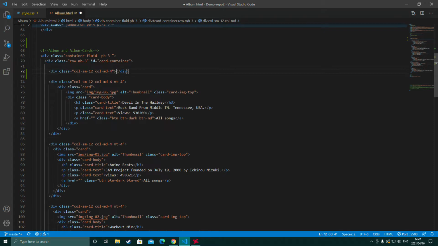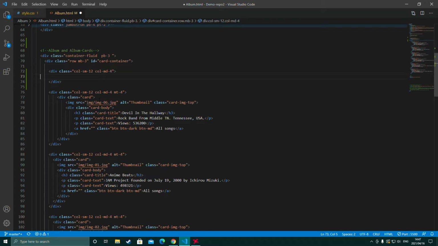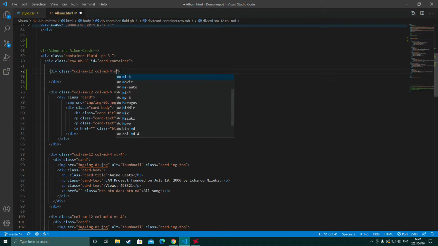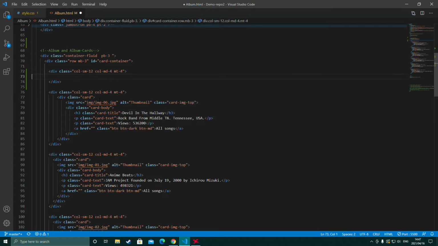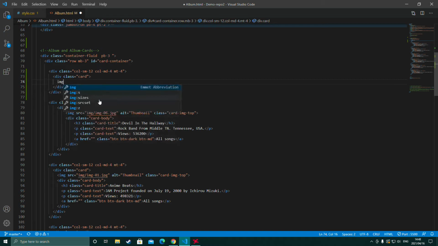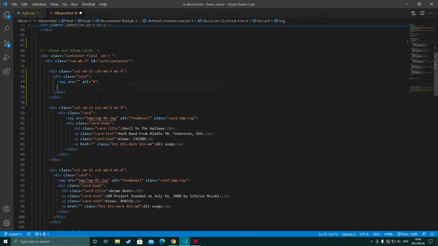Anything else do I think I need? Should I give margin top of 4? Okay. And then we have to go and say what we're creating. Well, we want a class of card, so that Bootstrap knows we are creating a card. The first thing on our card is an image. I don't really care about having an alt, but obviously if you're actually creating one for development reasons, create an alt. Then a div.class body, or card body,